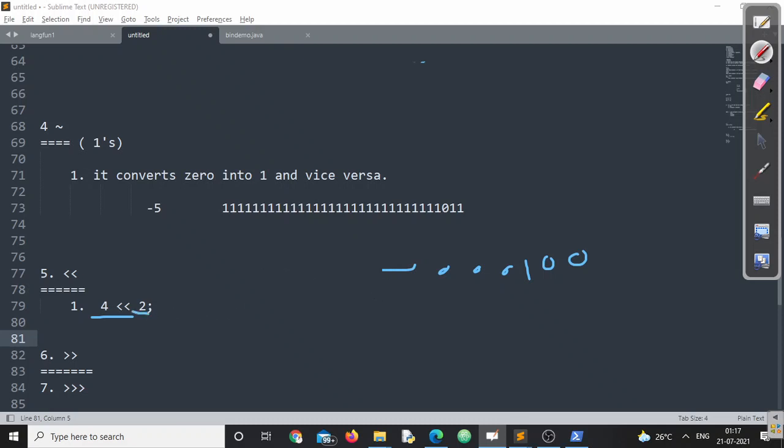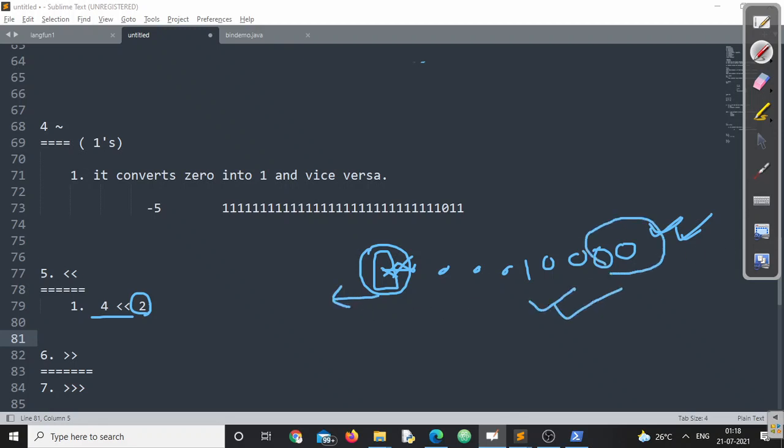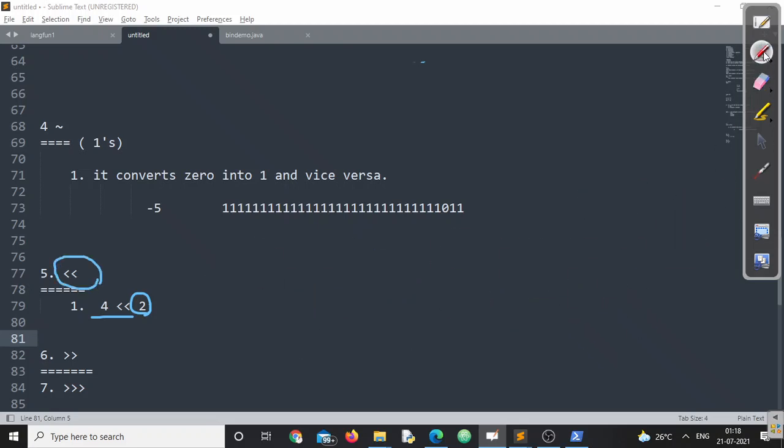Now when I say left shift 2, what do I do? I have to remove 2 zeros from the left side and add 2 zeros at the right side. This will be the final answer, right? So I need to remove the specified number of digits from the left side and add that many zeros at the right side. This is how the left shift operator basically performs. In that scenario, the number is 100, and for a left shift of 2, 2 digits will be removed from the left and 2 zeros added on the right.